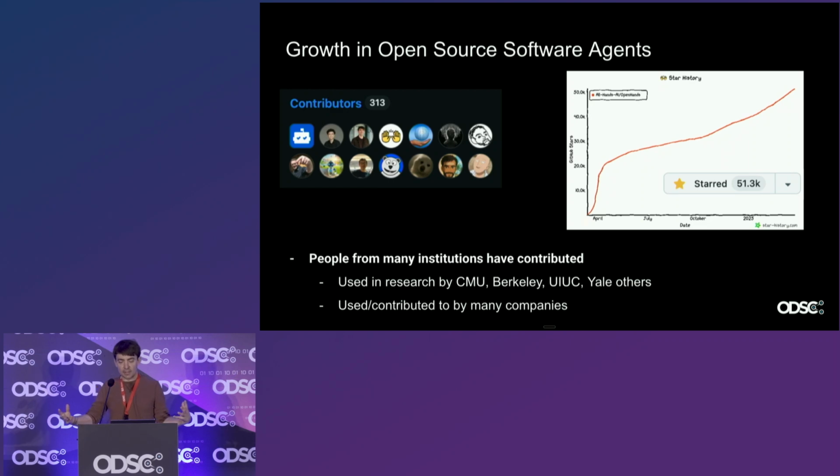We've seen a lot of great feedback from the community. I think the thing that makes me most excited is that we are drawing in folks from many different research institutions, which has helped our agent stay at the top of the leaderboards for what the most accurate agents are out there. And I'm really excited about just the level of involvement we've gotten from the software engineering community so far. That's all I've got.